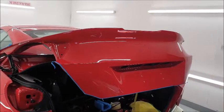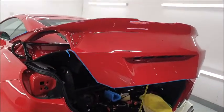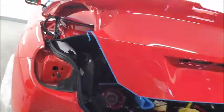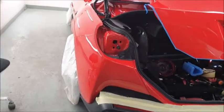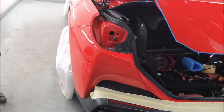Hi, this is Ted from The Devil's in the Detail. I thought we'd have a bit of an end of a week look at the progress on the Ferrari. It's been another long week of flatting and polishing, but